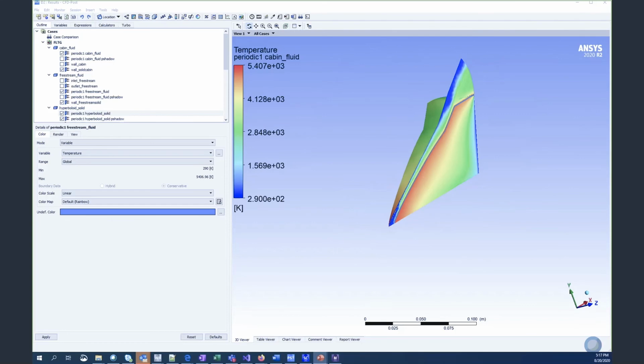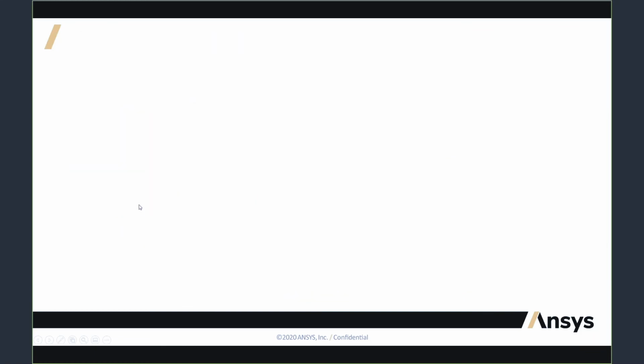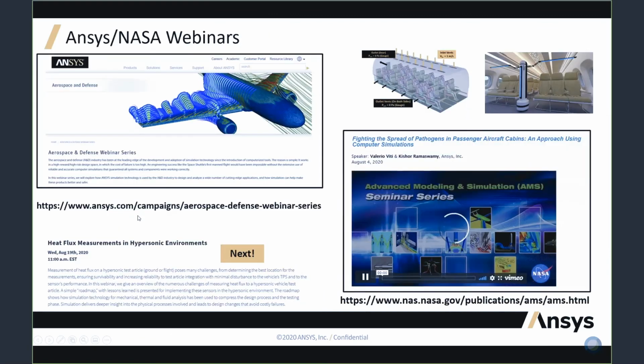So that way we can see how easy it is to do this type of problem. And similarly, we can follow the same approach using Workbench and so on to do a lot of these problems that were shown today. So we took the common geometry and we used scripted meshing to generate the mesh and get the fluid solution, map the solution onto the thermal model, and get the thermal stresses and total deformation. And with this, we conclude the